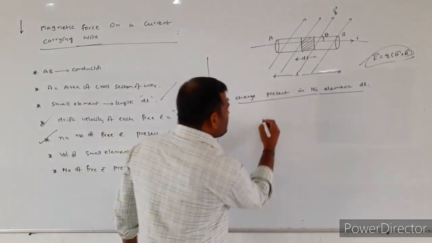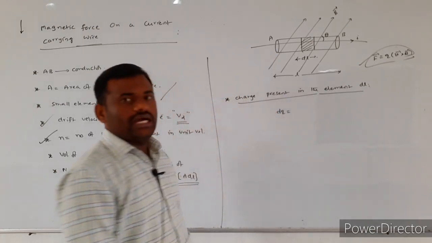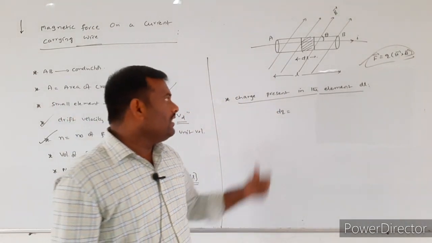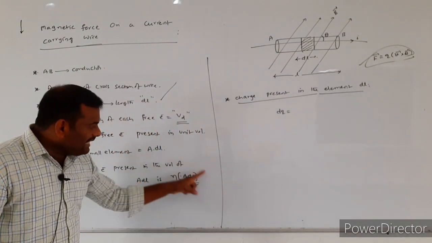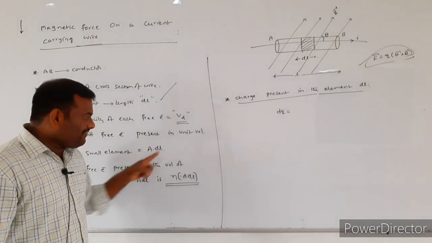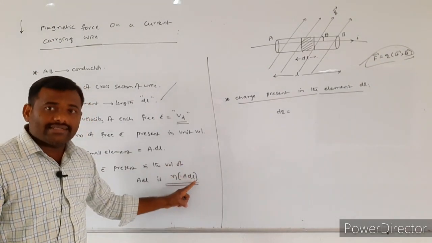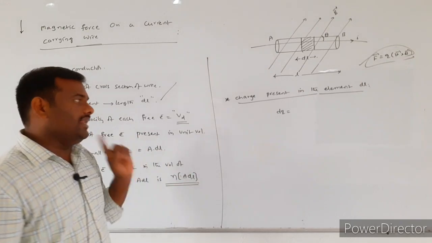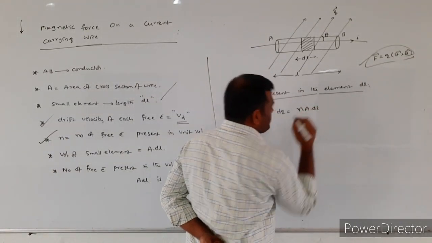So therefore, charge dq, which we assumed for the small element, is equal to the number of free electrons here times the charge. The number of free electrons is equal to N A dl. So the charge is equal to the number of free electrons